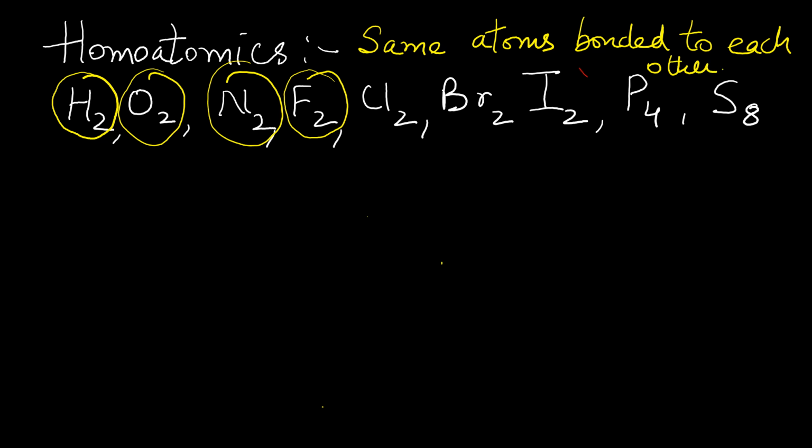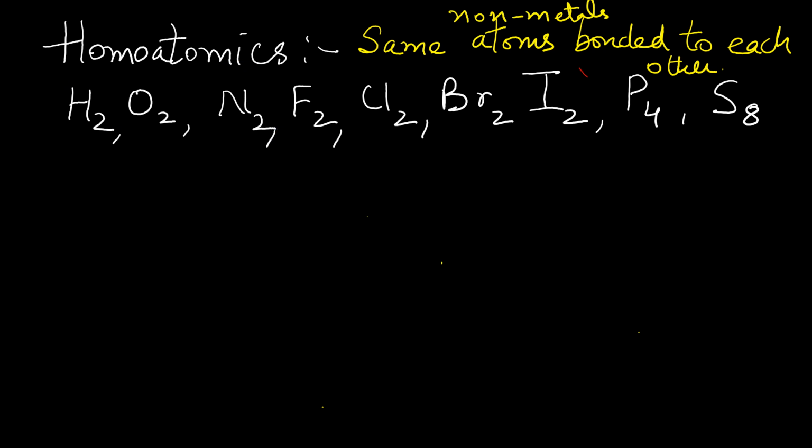Of course, covalently, because metals are not going to bond with metals. The atoms bonded to each other are, of course, non-metals, right? Non-metal atoms. So when the same non-metal atoms bond to each other, that is called homoatomic. So their name is a little different. Not hard, but the only thing you have to keep in mind is that for all of these, even if you see two, let's say two hydrogens,